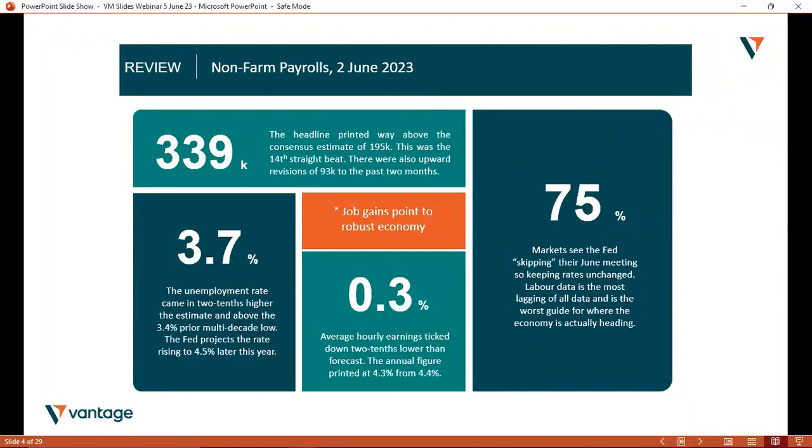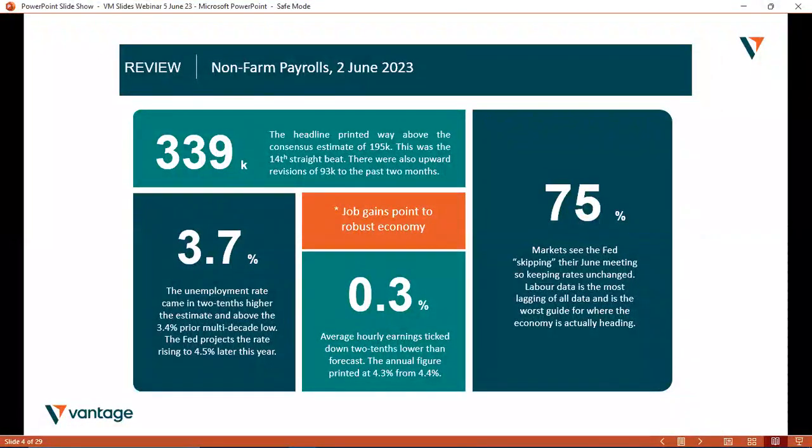Interesting, I think, is the contrast to that. If we look at the detail, the payrolls increase was at odds with a significant increase in the unemployment rate. Obviously, 3.7%, jumped from 3.4%. 3.4% was a multi-decade low that we saw in January, and we haven't seen that since around 1969. So a big jump up from that number, despite a stable participation rate.